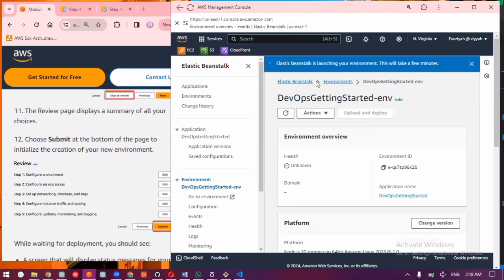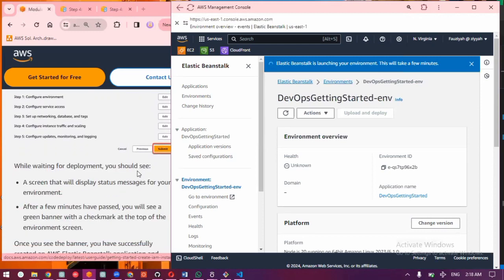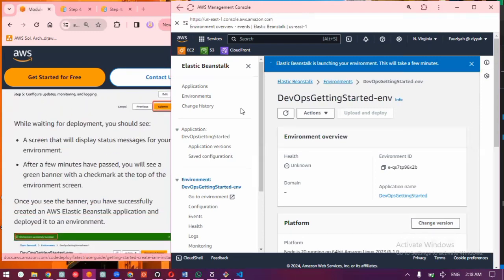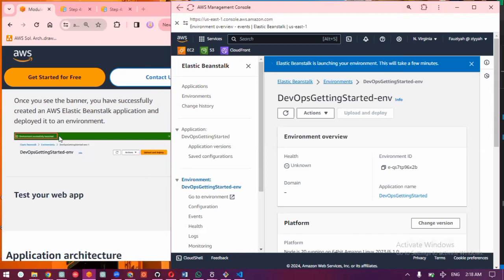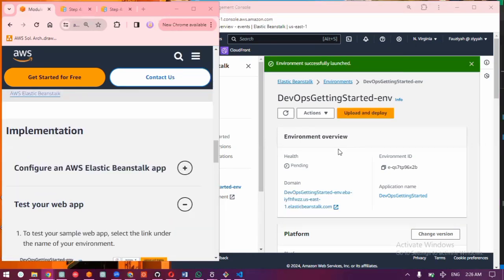So now you can see that this is launching. We'll wait for this to go from blue to green to show that it has been successfully launched. I'm going to meet you when my environment has been launched. My environment has been